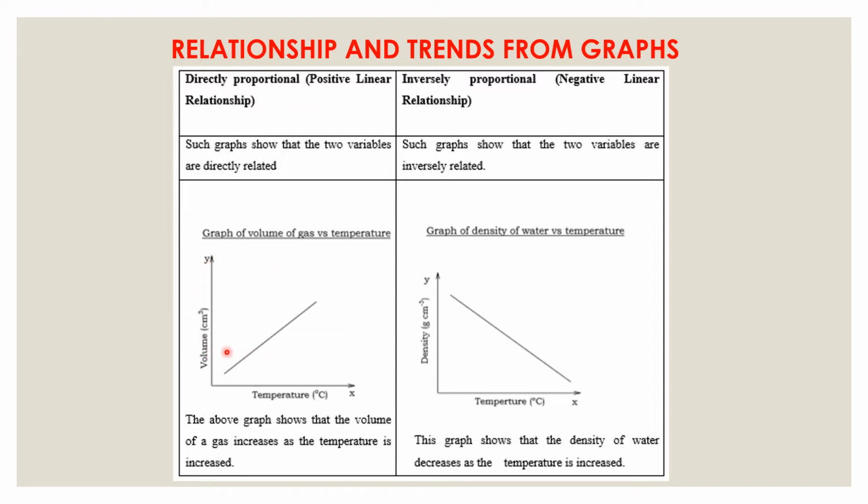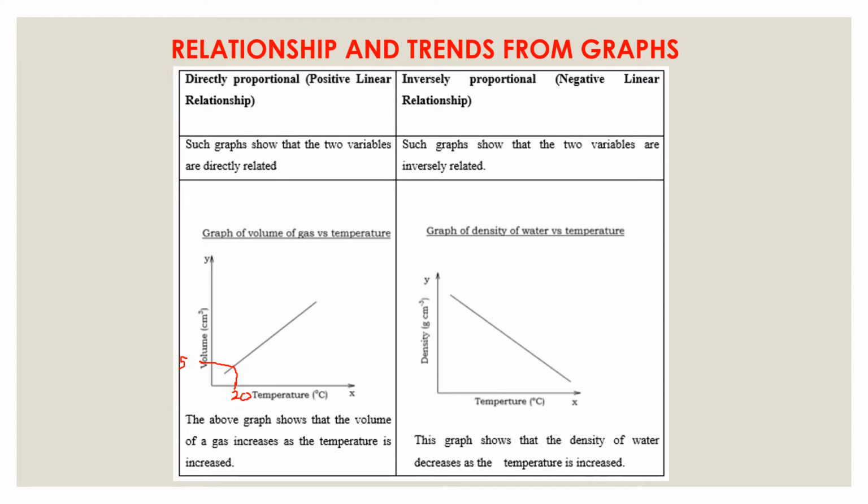So we say that in this case, the temperature and the volume are directly related to one another. As the temperature increases, the volume will increase. Let's just say, for instance, we have some values here. So this is a value on the temperature range. Let's say this is 2. So if the temperature is 2 degrees, or it can be any value, just making it up here, the volume is going to be probably, let's say, 5. All right, let's just make this 20 degrees here, just to make it a little bit more realistic.